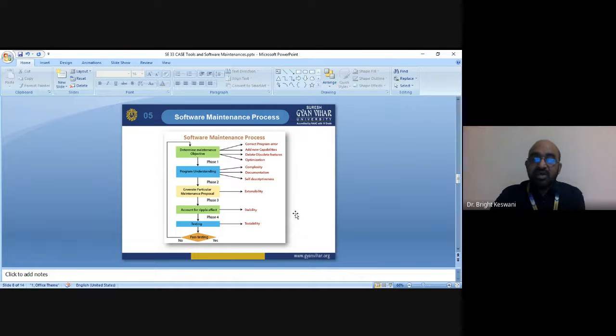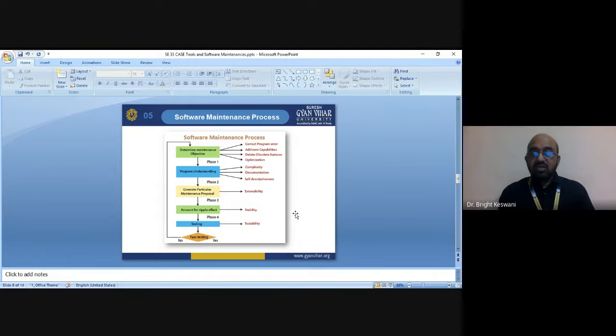If the process does not pass, meaning these steps have not satisfied the requirements, then the process will move to the first step again. So it is a cyclic process. Software maintenance process is a cyclic process, which starts from determining the maintenance objective and ends with the testing.